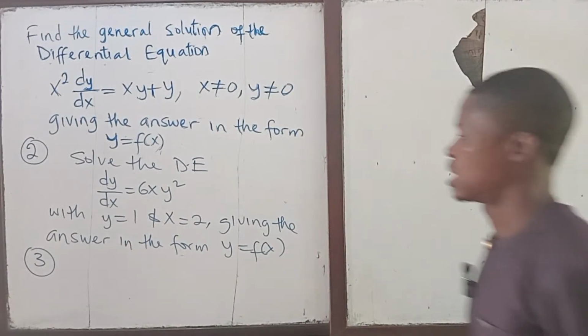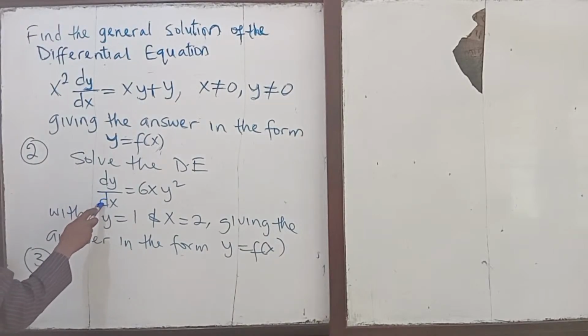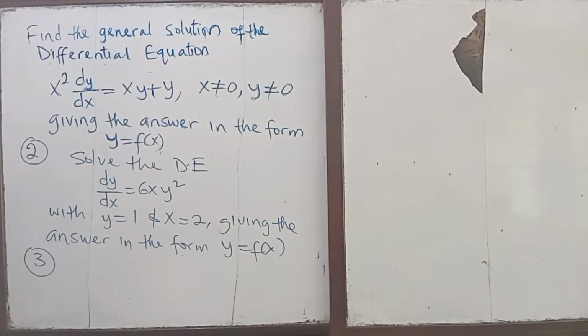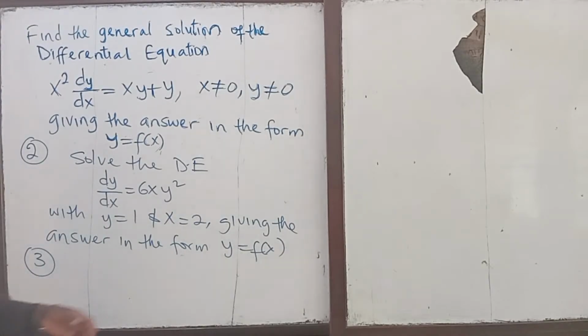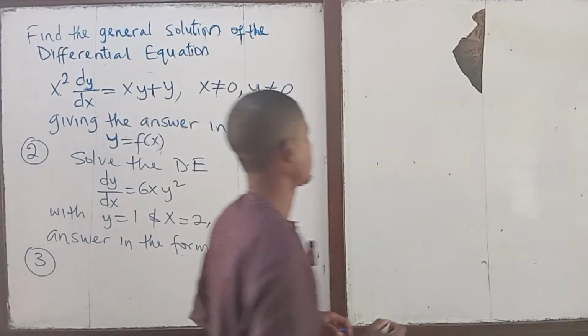Question two: solve the differential equation dy/dx equal to 6xy squared, with the boundary condition y equal to 1 and x equal to 2, giving the answer in the form of y equal to f of x. Okay, for question 2,